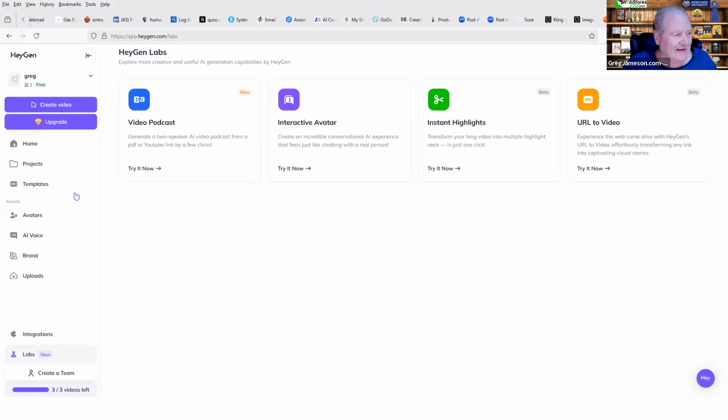There are actually lots of different things that they will do.